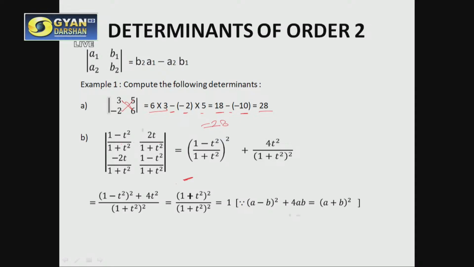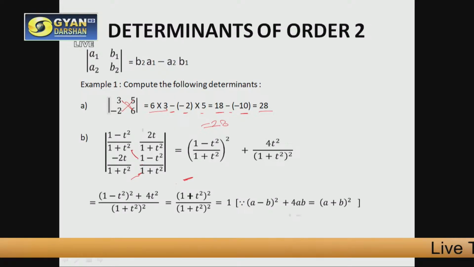I hope you understand. Now it is not always that the determinant values need to be only numbers. We can have expressions also. Likewise in another determinant, it is again a determinant of order 2, wherein 4 expressions are given: 1 minus t square upon 1 plus t square, 2t upon 1 plus t square, minus 2t upon 1 plus t square, and 1 minus t square upon 1 plus t square. Now applying the same concept, multiplying this by this and minus this into this, what you will get, 1 minus t square